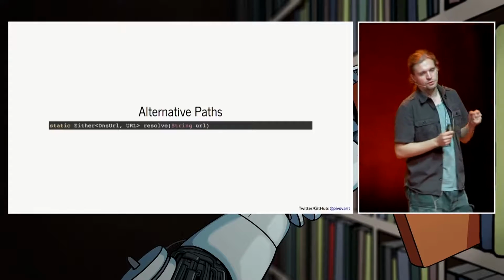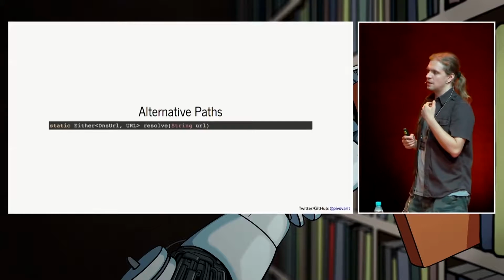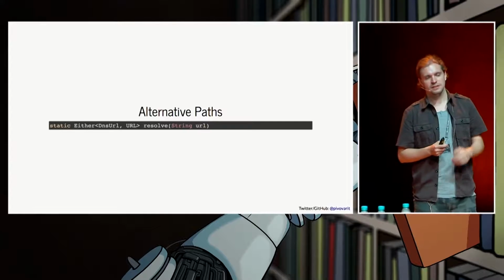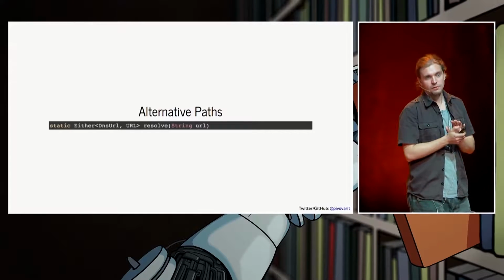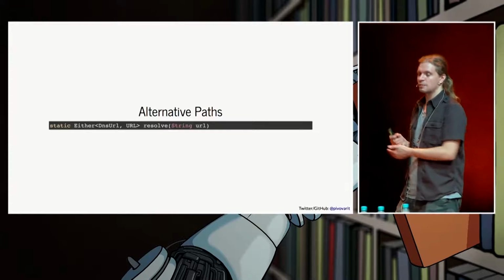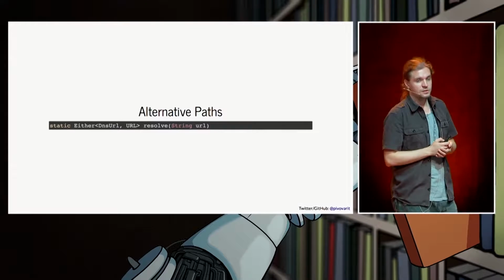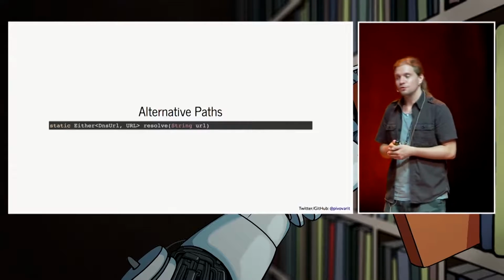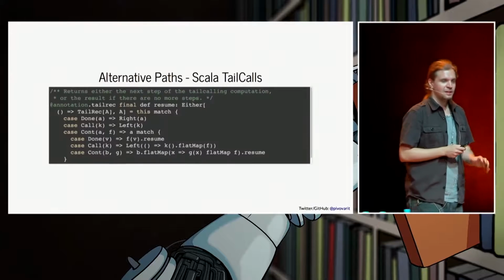Okay, if you try to resolve a domain, you send a request to a DNS, and you either find everything, or you have to forward to another one to get the remaining part of the domain. Well, that could be modeled with Either as well. But if you jump into Scala sources, you will see that there are some crazy usages of that as well.